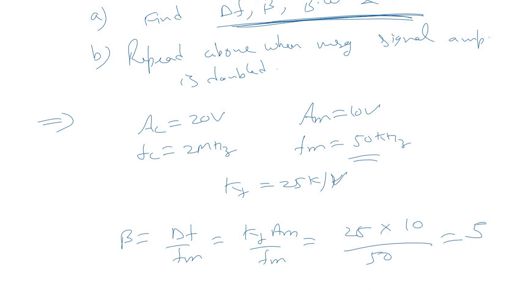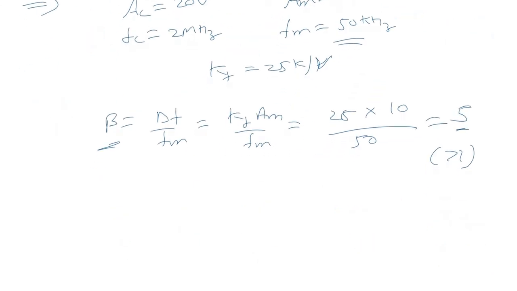So what sort of a frequency modulated signal is this? The value of beta is 5, that is greater than 1. So obviously it is a wideband FM type of signal, right? This identification of the type of FM signal is quite essential, because that will allow you to find out the power and the bandwidth of the signal accordingly.